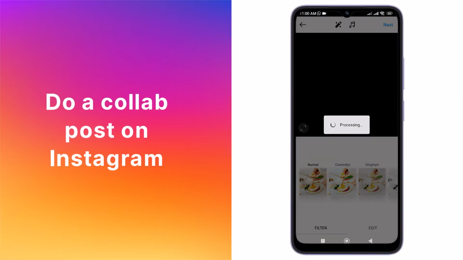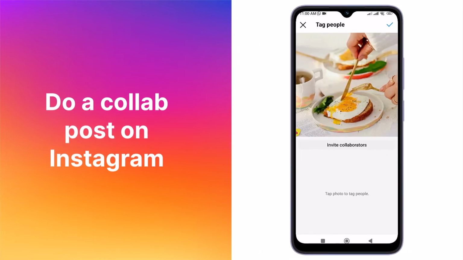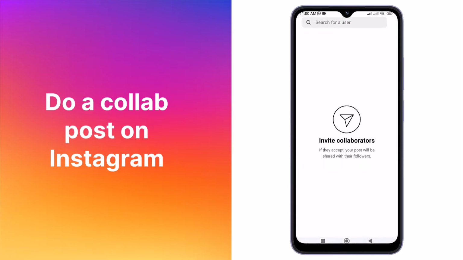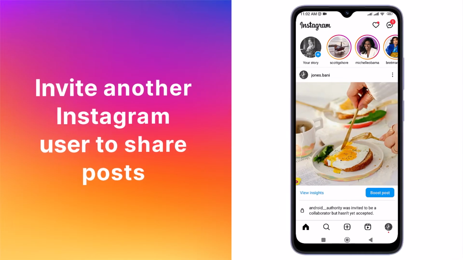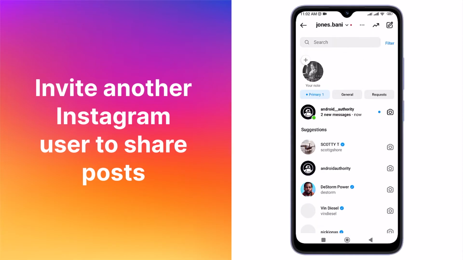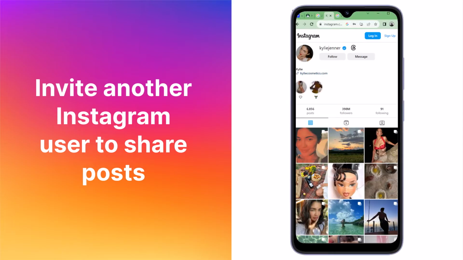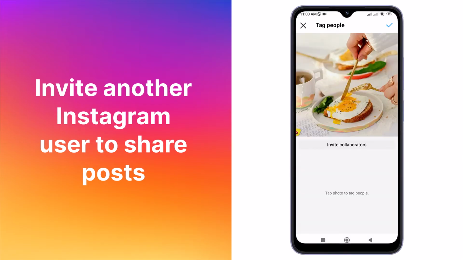If you're looking for a way to improve the reach of your Instagram posts, then you could use a new feature called Collab posts. It lets you invite another Instagram user to share one of your posts on their account. You don't need a Kardashian or a Jenner behind you to make this work,